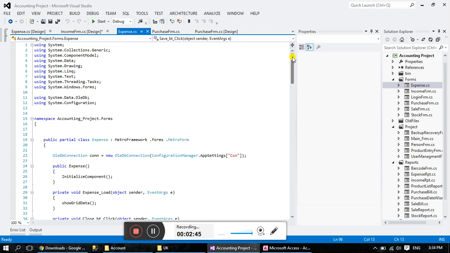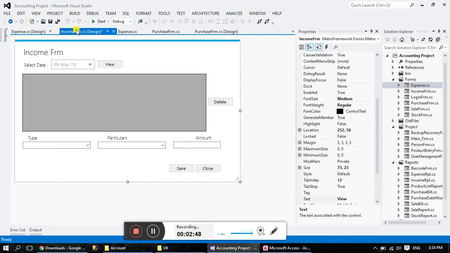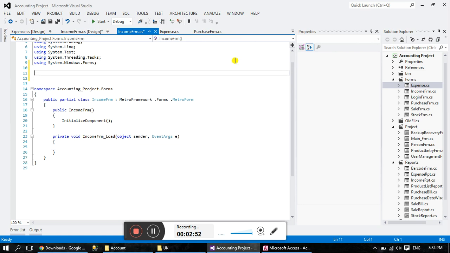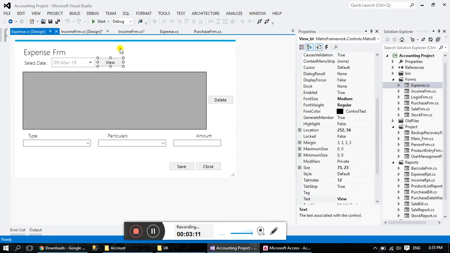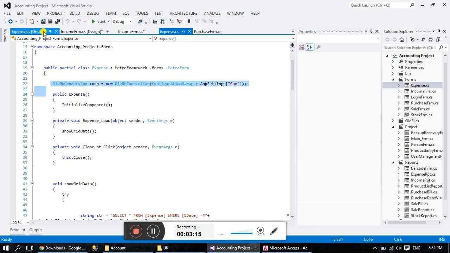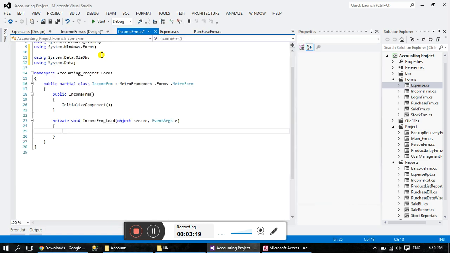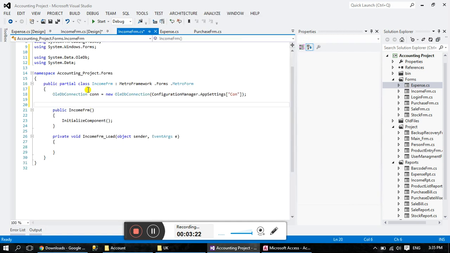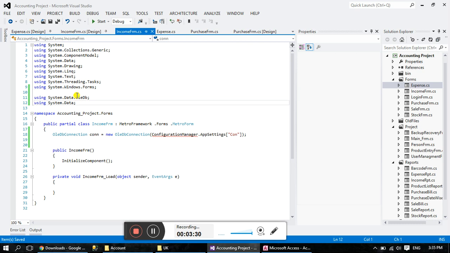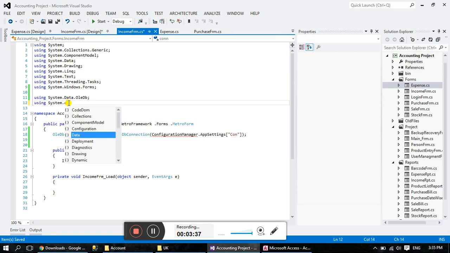First of all, in the income form, first add the namespaces: using System.Data.OleDb for connectivity. Second, using System.Data for ADO, and also for connectivity. Below the class, save it. Again, also for the configuration manager. Okay, there is already a System.Data reference, so just remove the duplicate. Configuration. Okay,